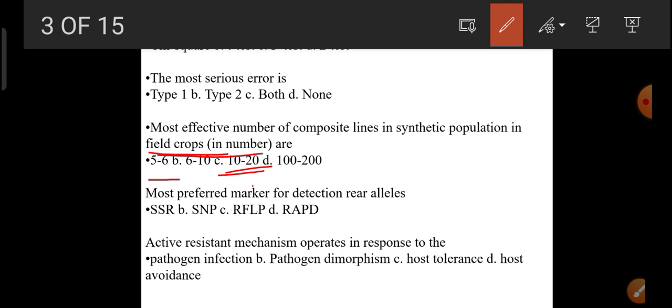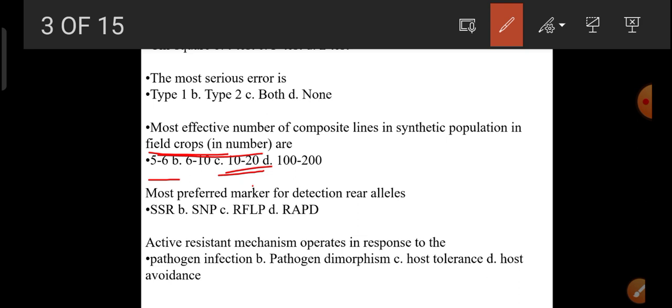Next, most preferred marker for detection of rare alleles. Four options are given here: SSR, SNP, RFLP and RAPD. Answer is SNP, that is single nucleotide polymorphism. This is a kind of dominant marker, and RAPD is also a dominant marker here, whereas SSR and RFLP are